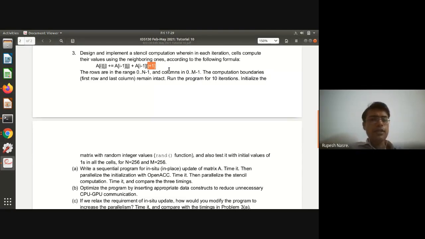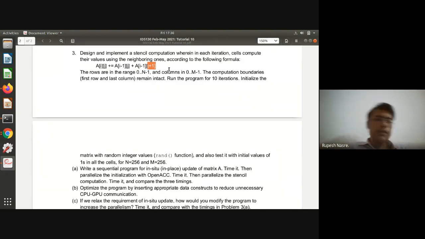Right? So you can see that if there is an ij element, then whatever is the element just above it in the matrix and whatever is the element just above and right of it is going to be required to compute the value of A[i][j], along with itself. It also needs its own value because this is plus equal to. So I'm assuming that the array indices are growing from top to bottom. This is a common requirement in several applications, this stencil computation. It could be heat wave related equations, or it could be related to graphics and so on.